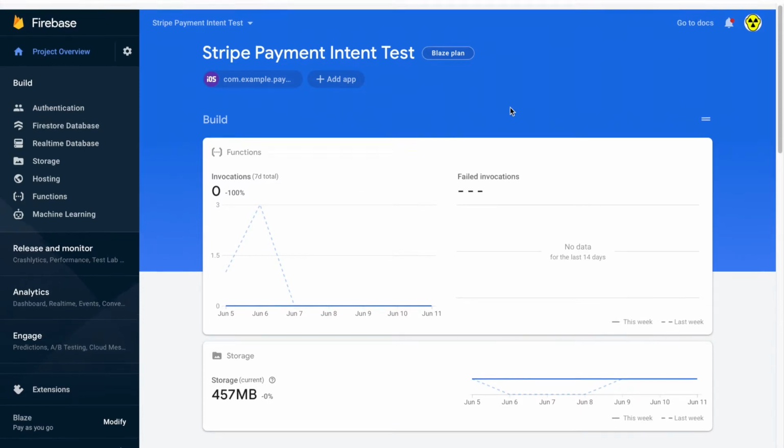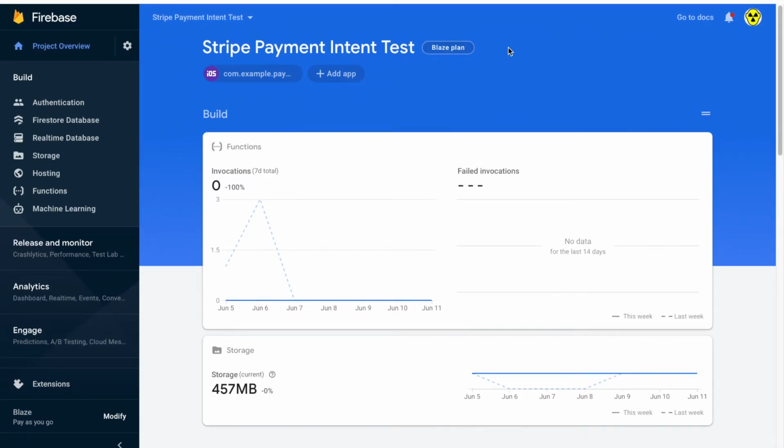So if you take a look at your Firebase console, in this case the Stripe payment intent test that I did in a previous episode or two, you'll notice, well, one, nothing's going on. That's normal. It's just a test. But more importantly, if you see storage, I've got half a gig of storage in use, which to me is not right. So I had a little digging around because I had a look at my functions,